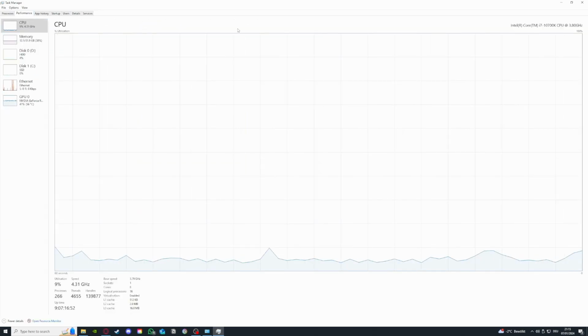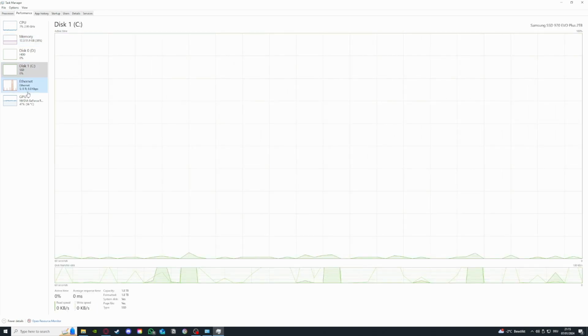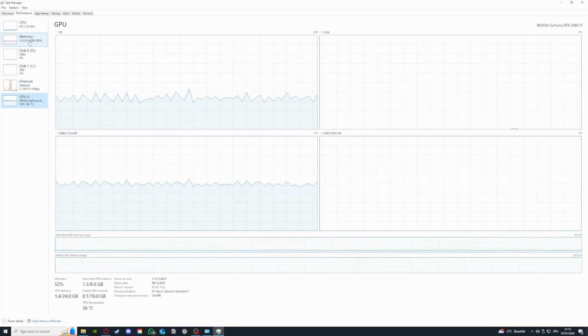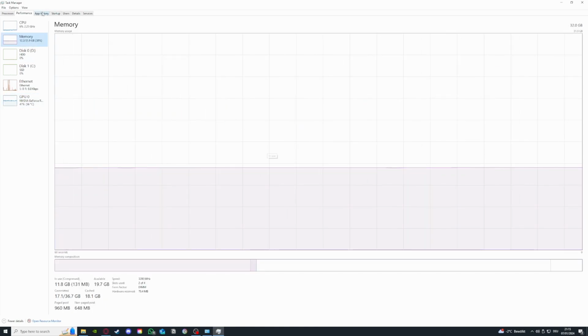And if you want to have a more detailed look, you can also look at the performance tab, where GPU and CPU performance is shown in a graph. And also an important indicator is the memory usage. For example, I have 32 GB memory, which is a lot. So if a program is taking up a lot of memory, you should consider upgrading